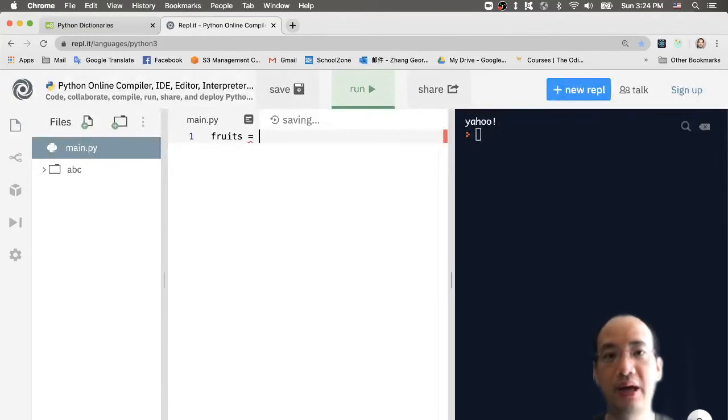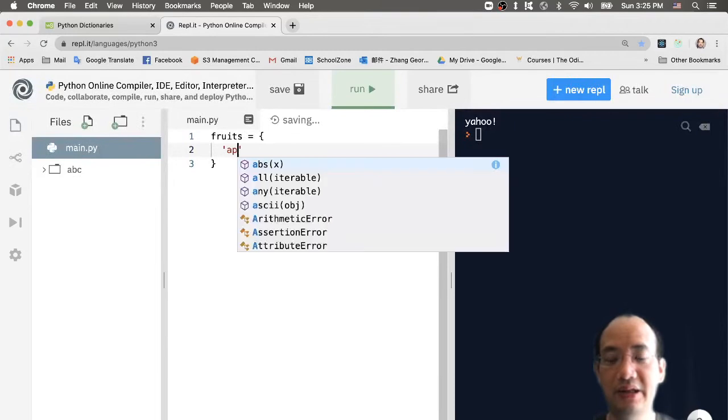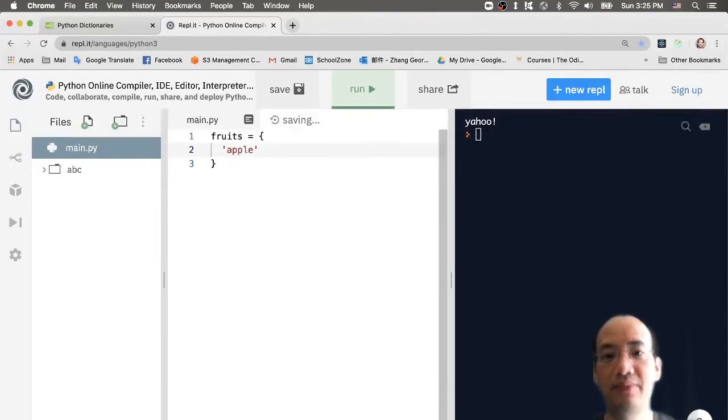So I use equal, and it should have the curly bracket or brace. So inside the brace, let's have the first key. The first key, let's say just apple. Okay, the first key is apple. So for the value of apple,